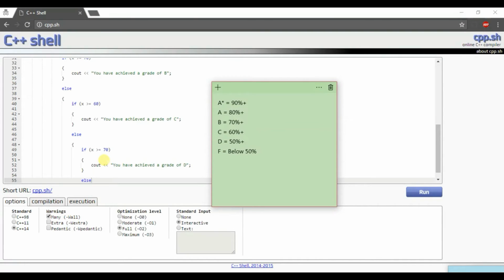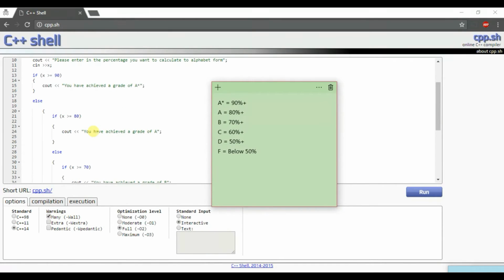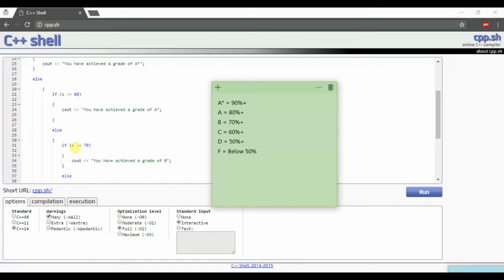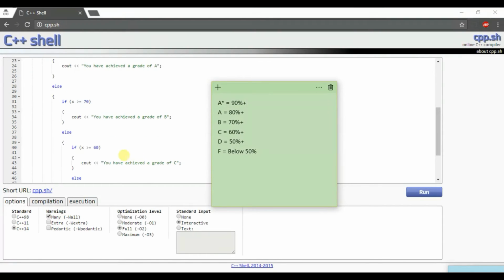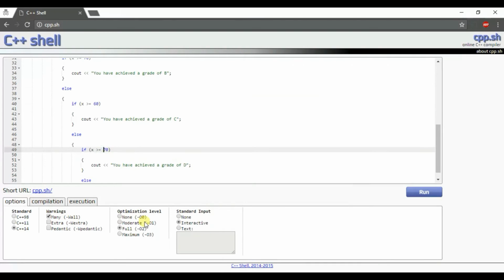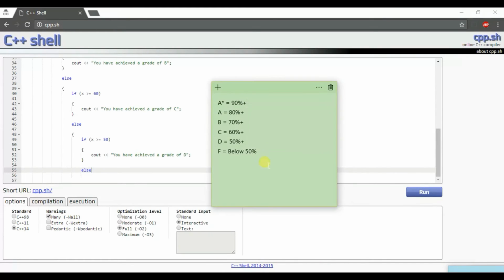So D is supposed to be, okay, so now we have an error here. So 90% or above is an A star, 80% or above is an A, 70% or above is B, 60% or above is C, and aha, found the error. 50% or above is D, and